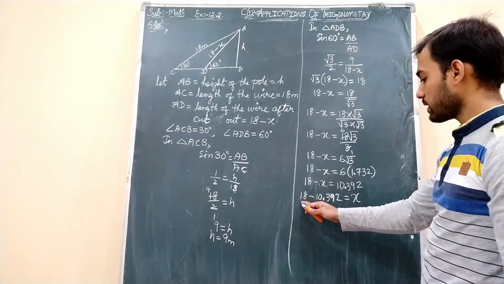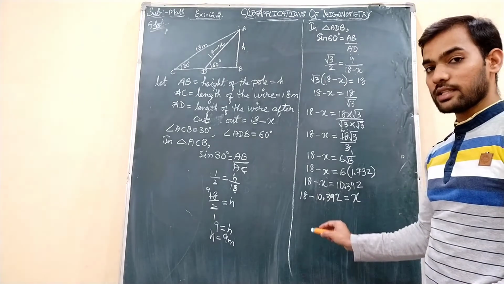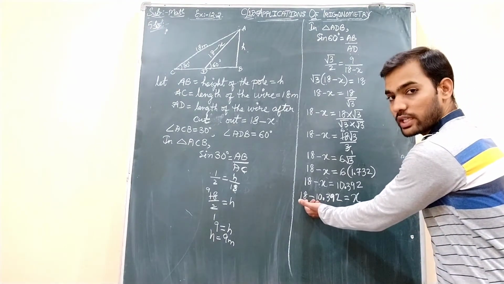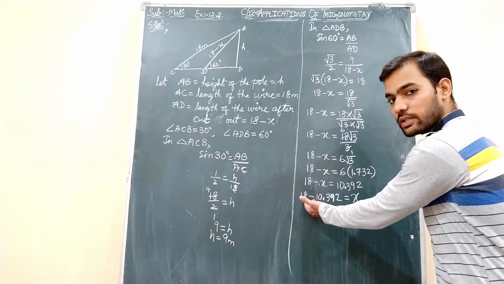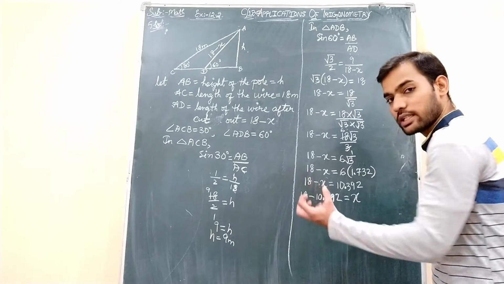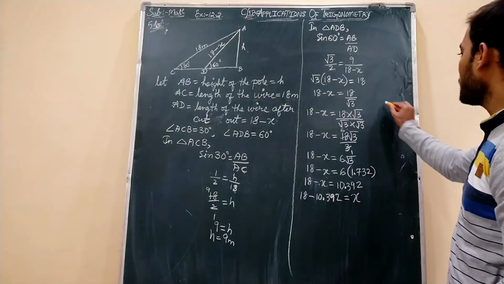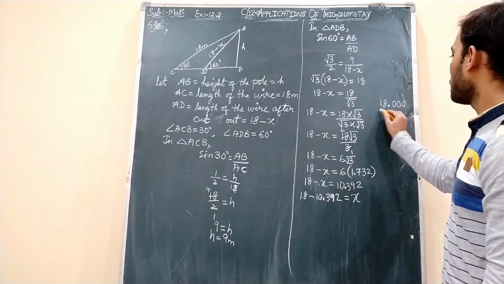So now when you subtract 18 minus 10.392, let us check. We discussed this in the chapter statistics. Here after the decimal point 3 digits are there, but there is no point in 18. Whenever there is no point in a number, the decimal point will be at the end. So 18 point, any number of zeros you can take. But here 3 digits are there, so let us take 3 zeros: 18.000 minus